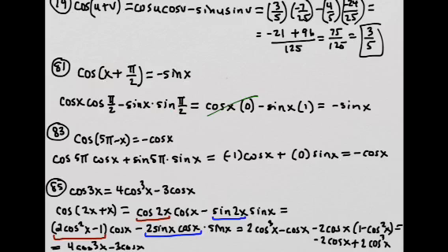83 is similar. You use cosine A minus B, and so here's the work. Cosine of 5 pi is negative 1, and sine of 5 pi is 0. So then this term cancels out, and you're left with negative cosine of x. Okay,